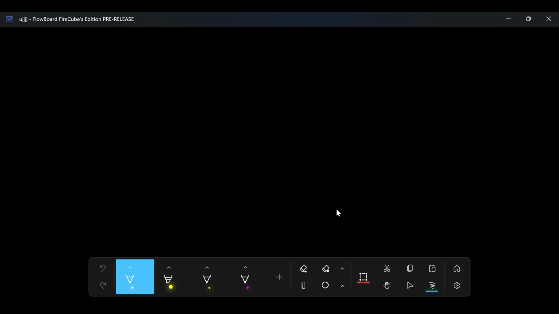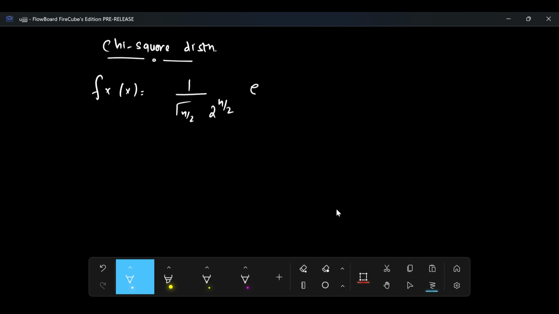So we were discussing the chi-square distribution, in which we have discussed the PDF of the chi-square distribution, that is equal to 1 upon gamma n by 2, 2 raised to the power n by 2, e raised to the power minus x by 2, x raised to the power n by 2 minus 1, where x is greater than 0. So this is the PDF of the chi-square distribution with n degrees of freedom,